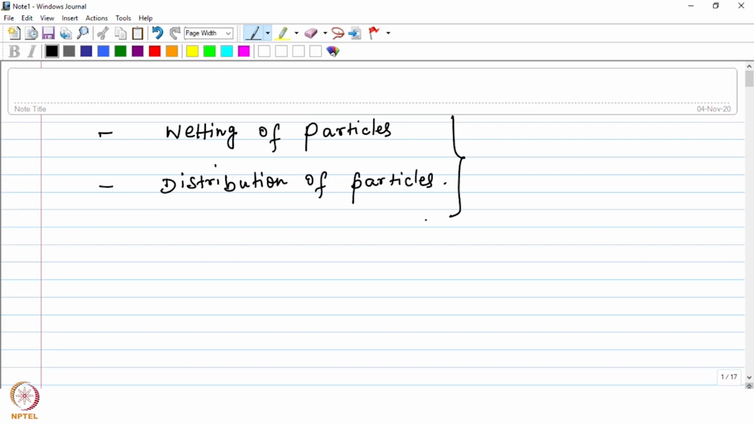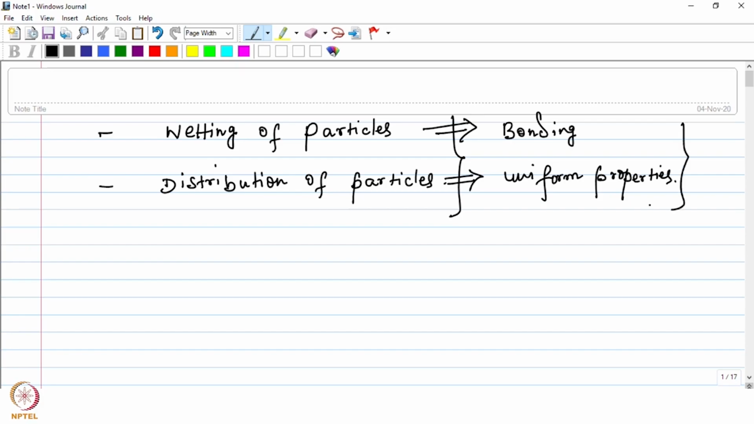These two are very important because wetting of particles will decide whether there will be a good bonding or not, and distribution will decide whether you are going to get uniform properties or not, or improved properties in the composite material. Okay. So in the previous class we talked about this wetting aspect,